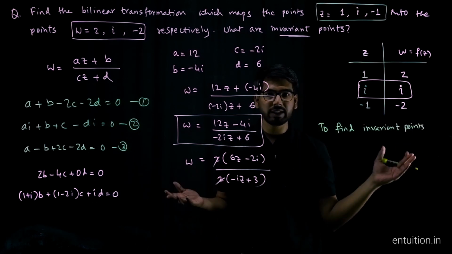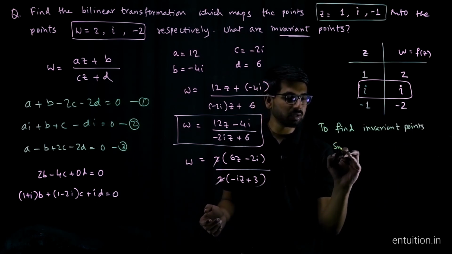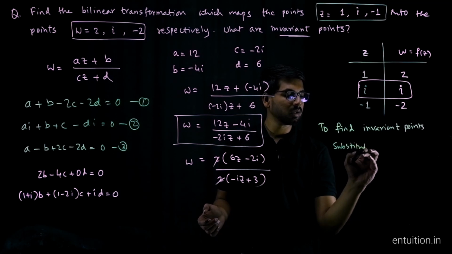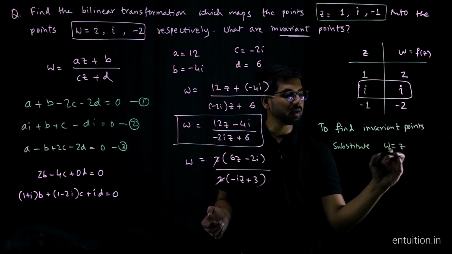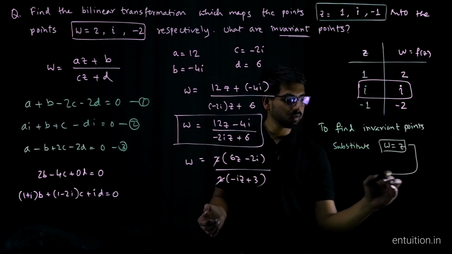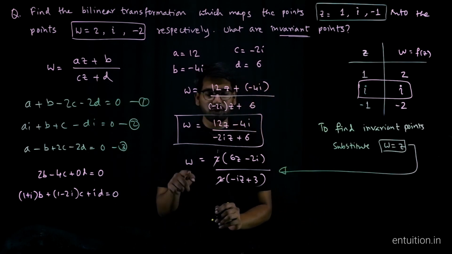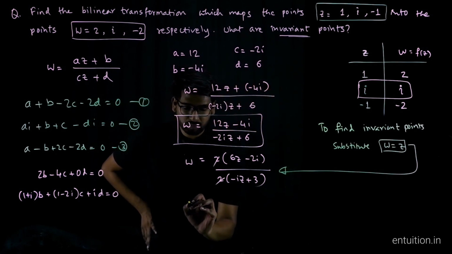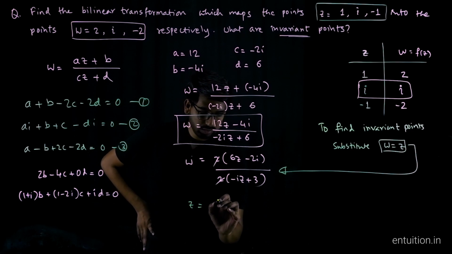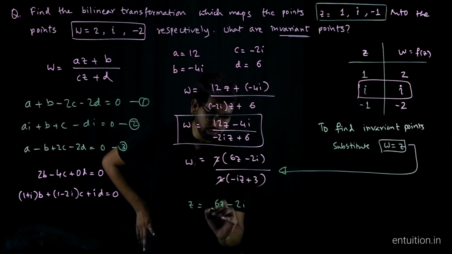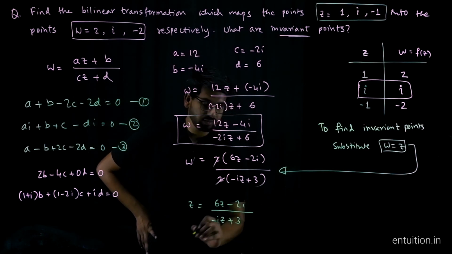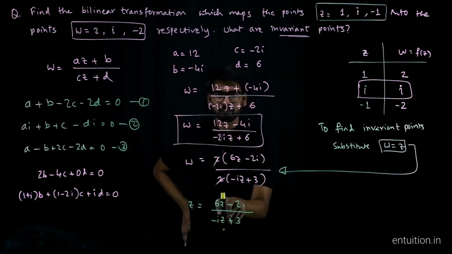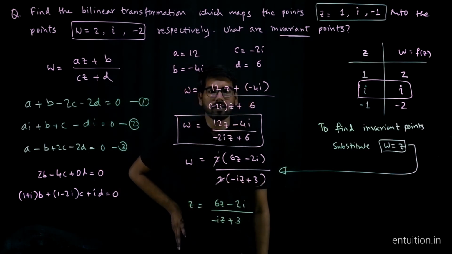Okay. The invariant points. Substitute w equal to z in this. So if you substitute w is equal to z, what will you get? z is equal to (6z minus 2i) over (minus iz plus 3). So we have to solve this and find the values of z, and those values of z are nothing but